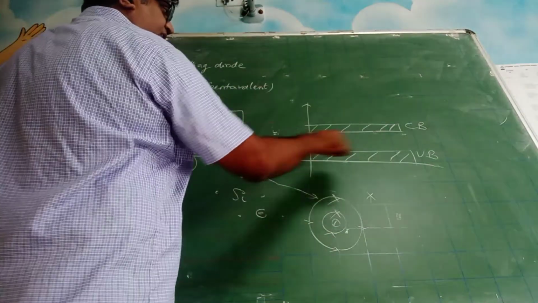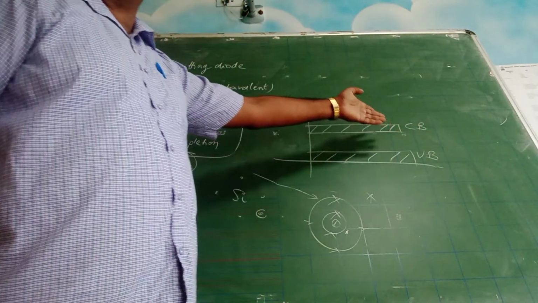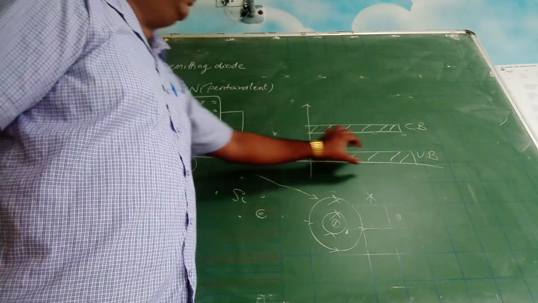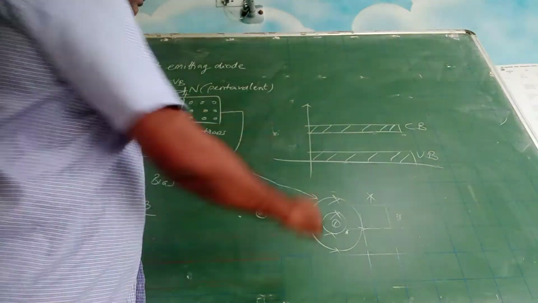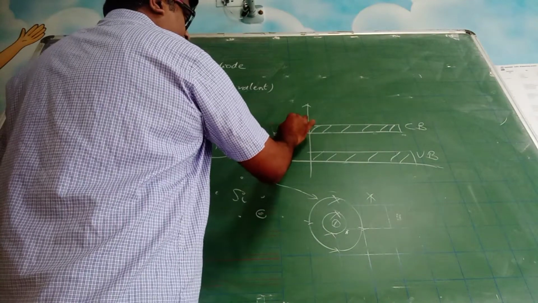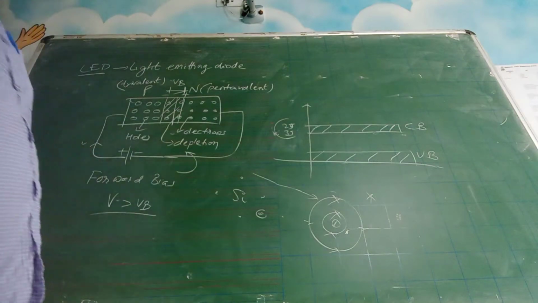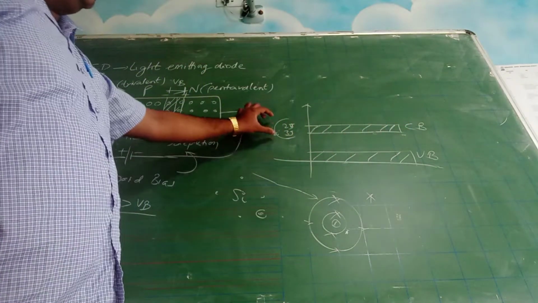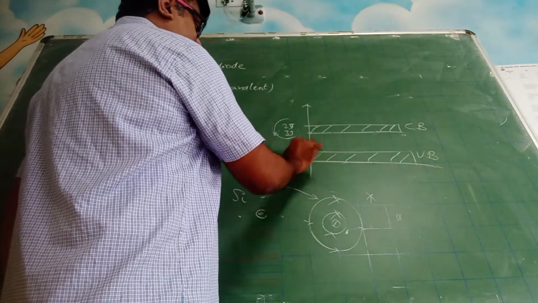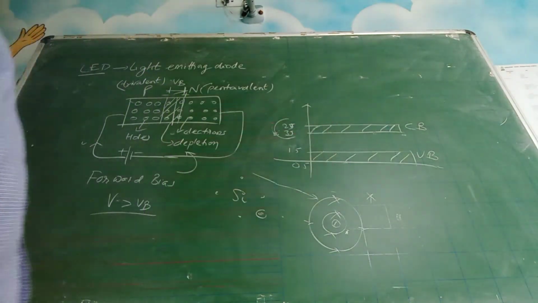If this is the energy graph, you see the conduction band. Conduction band means the electrons which have become free. So here the energy levels are more compared with the valence band electrons. What is a band? Band means this is the range. Okay, let us say this is 2 joules to 3 joules. I am just giving some example. So the conduction band electrons are in the range of 2 joules to 3 joules. This one is 0.5 joules to 1.5 joules. So when more energy is provided, they go to the conduction band.